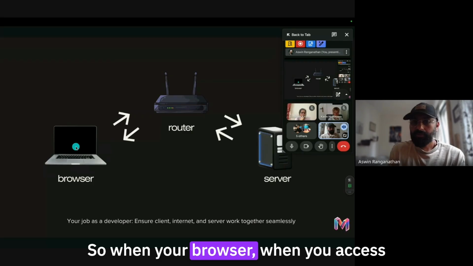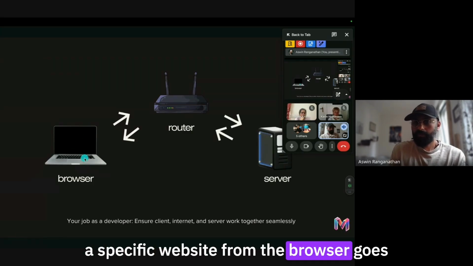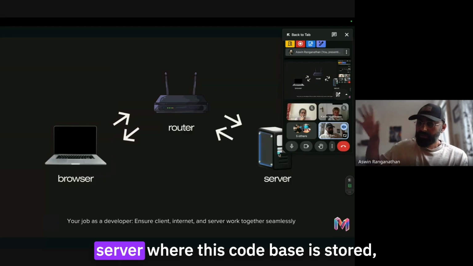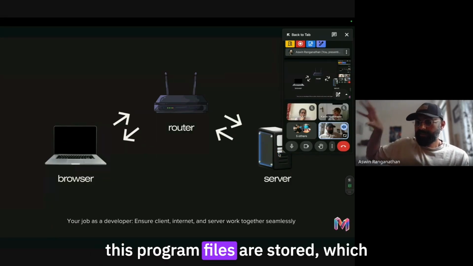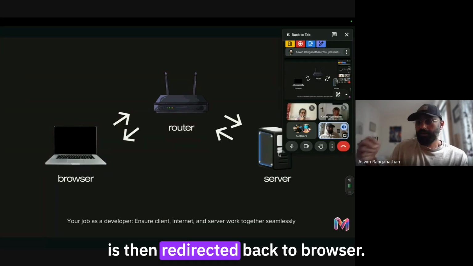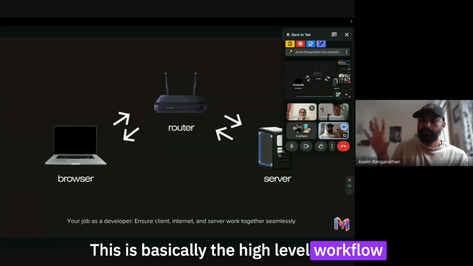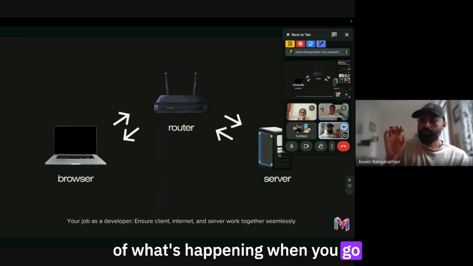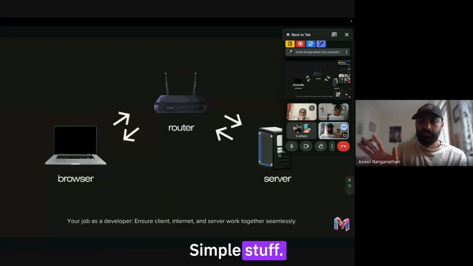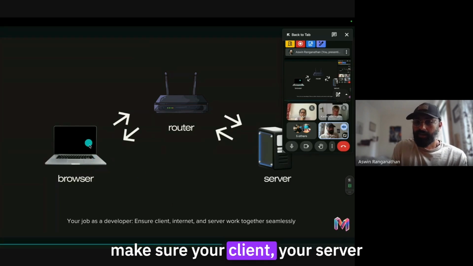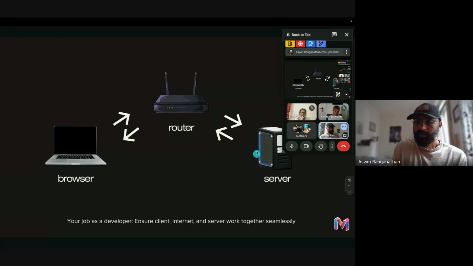So when you access a specific website from the browser, it goes to your router and connects to a server where this code base, these program files, are stored, which is then redirected back to your browser. This is basically the high-level workflow of what's happening when you type something in the browser, right? Simple stuff. So your job as a developer is to make sure your client, your server, and the internet